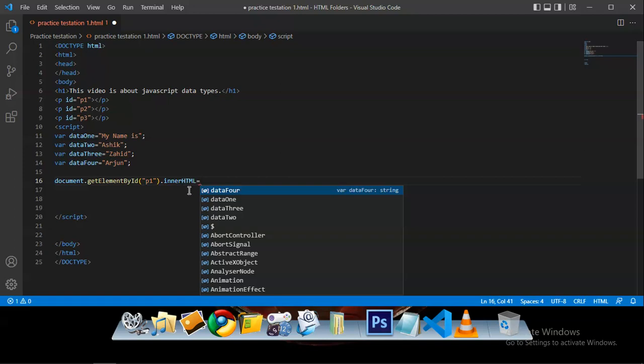So I'm actually changing the inner HTML of the element with ID P1 that belongs to this HTML document. Okay, so